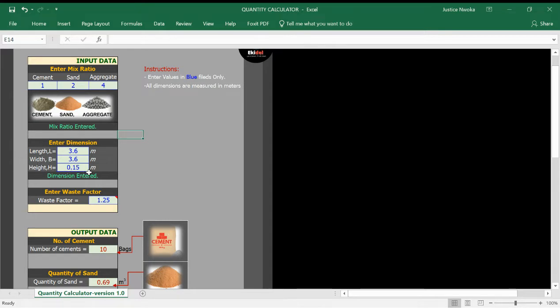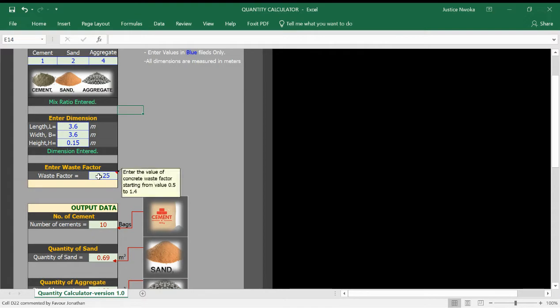Or the depth to enter. Now you will have to enter your waste factor. Now I will explain more about this waste factor because I know that most of you don't know what they call a waste factor. To explain this software for you,